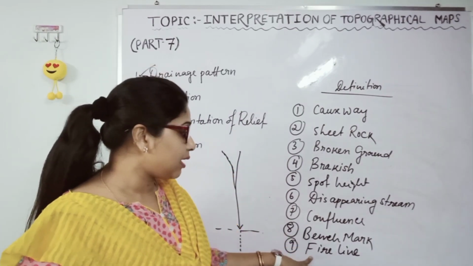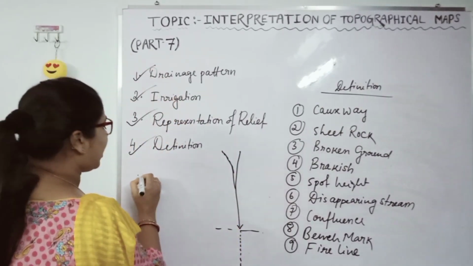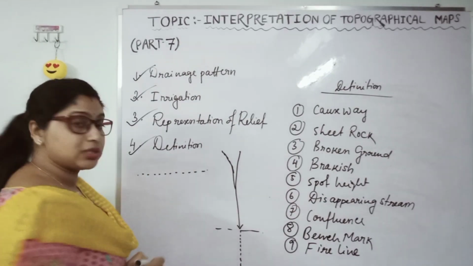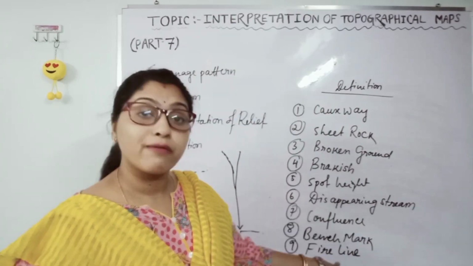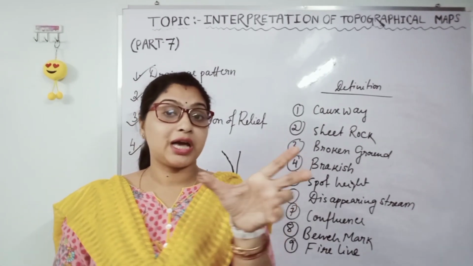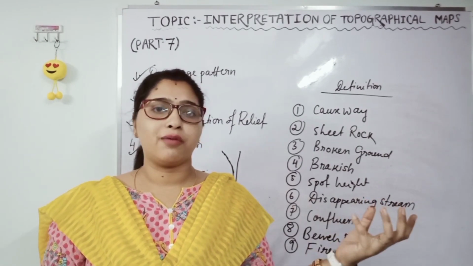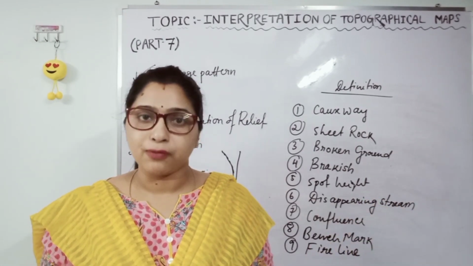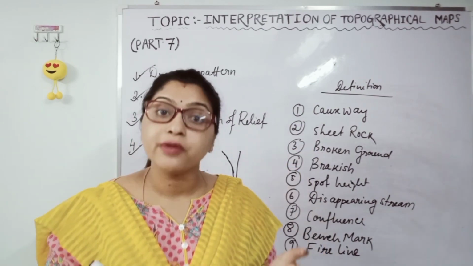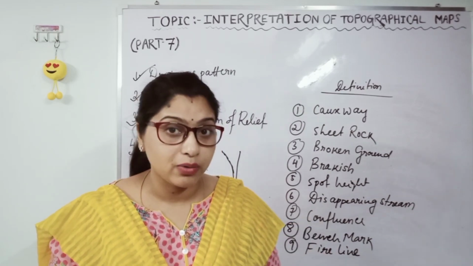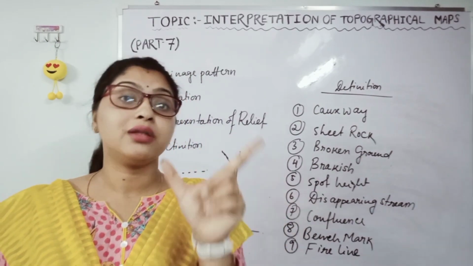Okay, and then fire line, it is also very important. In the forest area, you will see a black dotted line; that in the forest area is known as fire line. This fire line is sometimes asked as a definition in the exam, and students write that the fire line is given to protect the forest. It is not to protect the forest, it is set up to prevent the fire, okay, from forest fire. So here that term is very important: to prevent the fire.